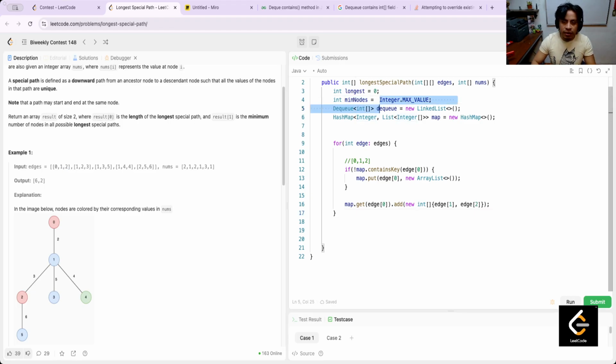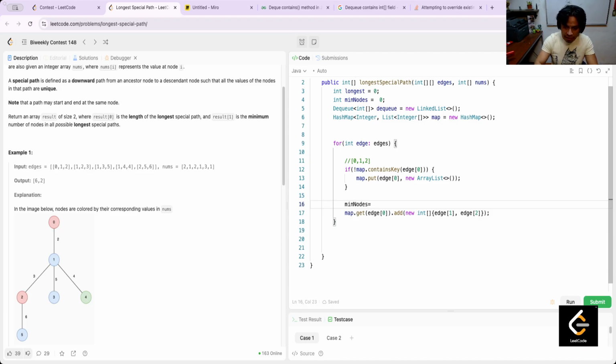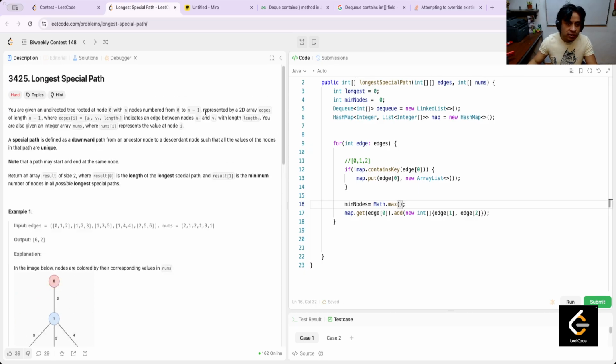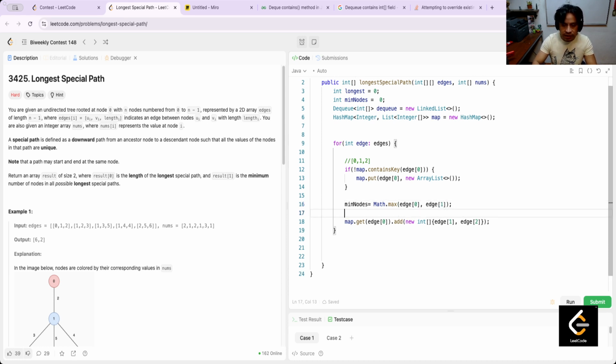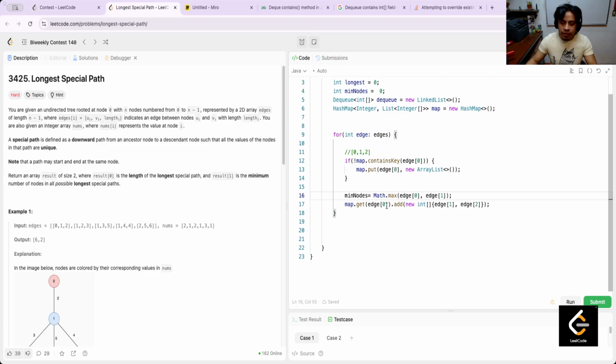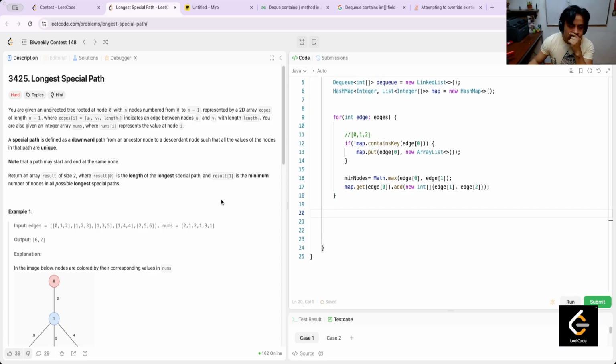Okay, here the min of nodes, in this case is 0, and here I can replace it by the max, Math.max. It is only to figure out what the value of n is, because here it says that n is 1. Okay, here is h in the position 0 and h in the position 1. What is the max? And this is the value. Okay, now that I have